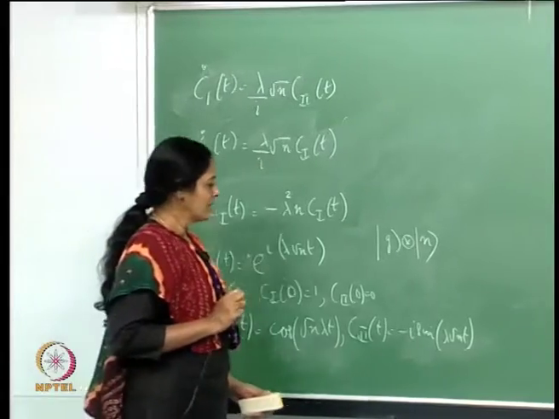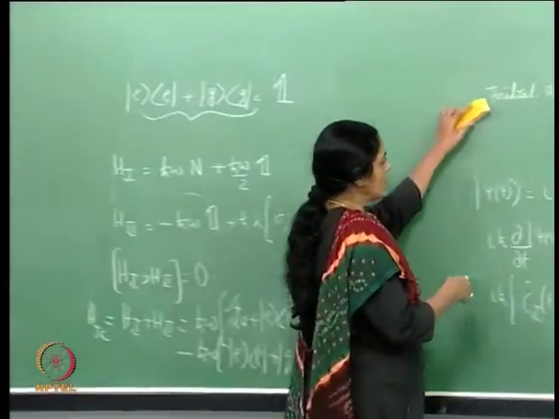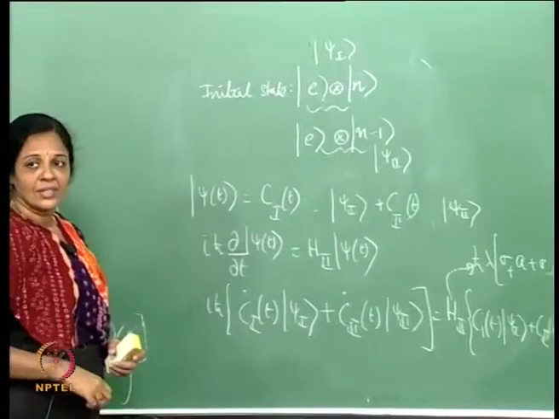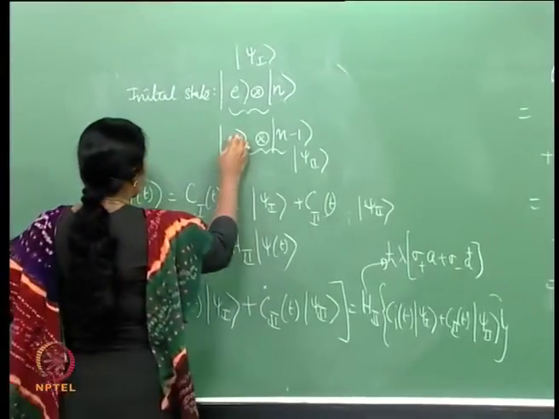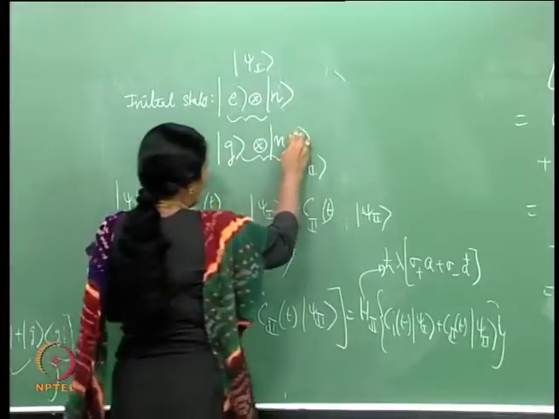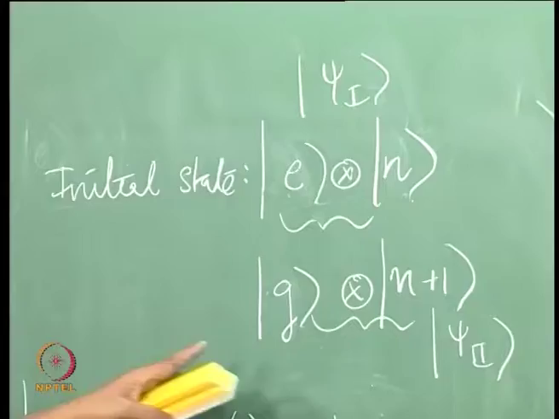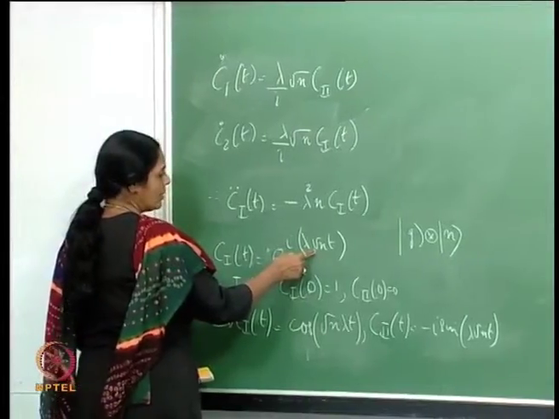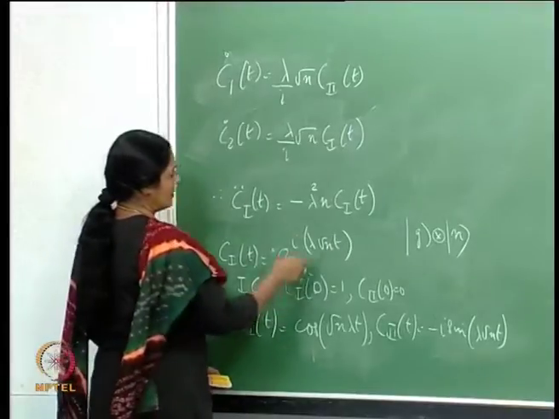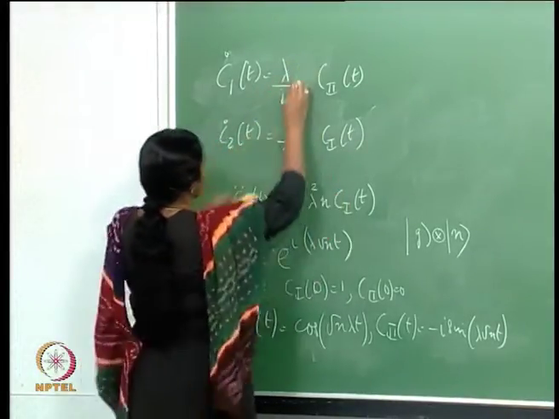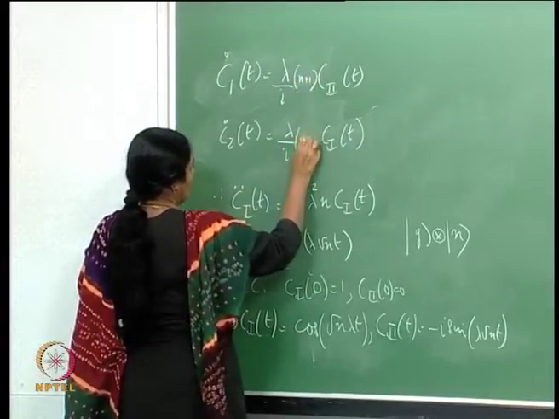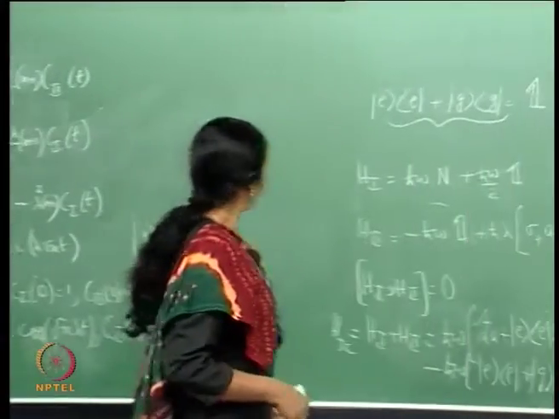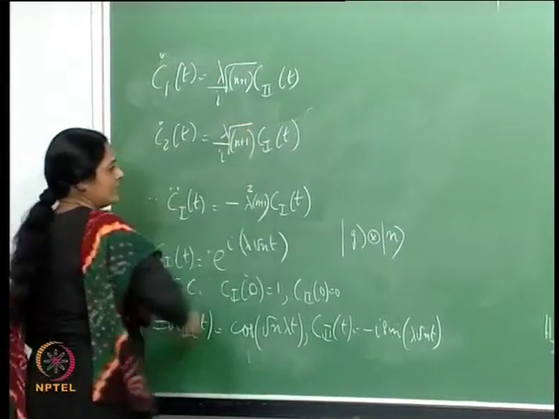But on the other hand, if I had started with an initial state which was in the excited state, say E n, then the atom could have come to the ground state. So, E would have become G and n would have become n plus 1. Now, if I repeat the calculation, everything will go through, and it is a simple matter for you to check out that root n would be replaced by root of n plus 1. You would have the following. So, you would have a situation where root n is replaced by root of n plus 1, and that would have come about